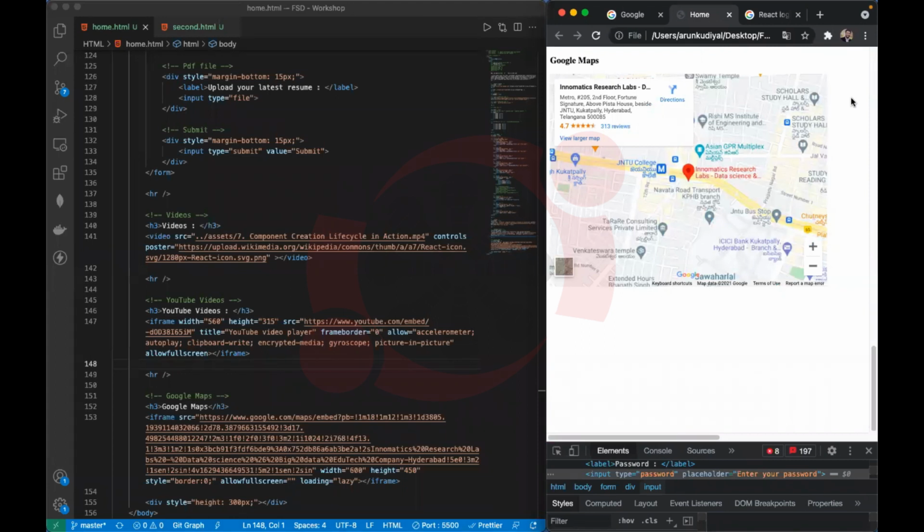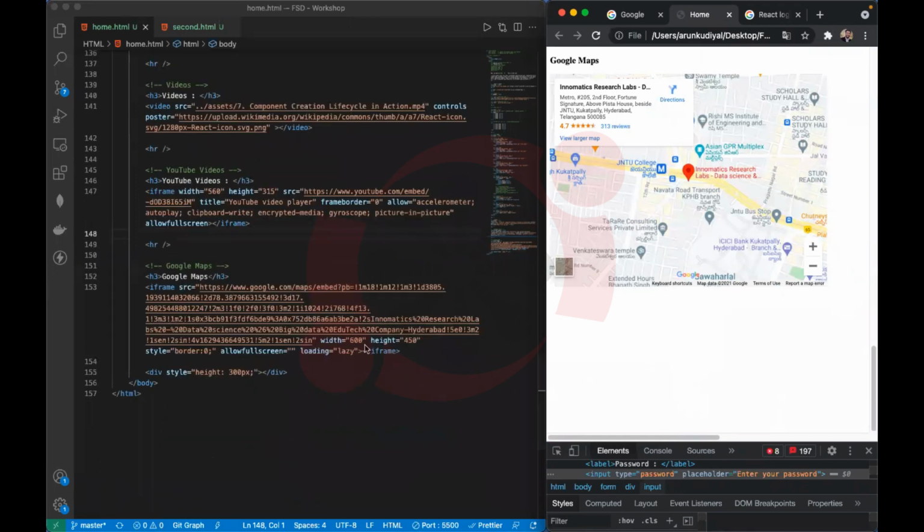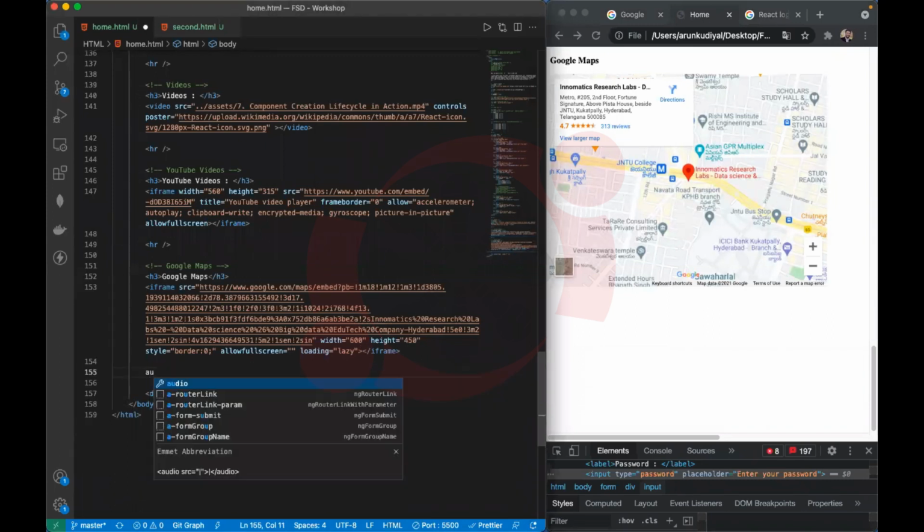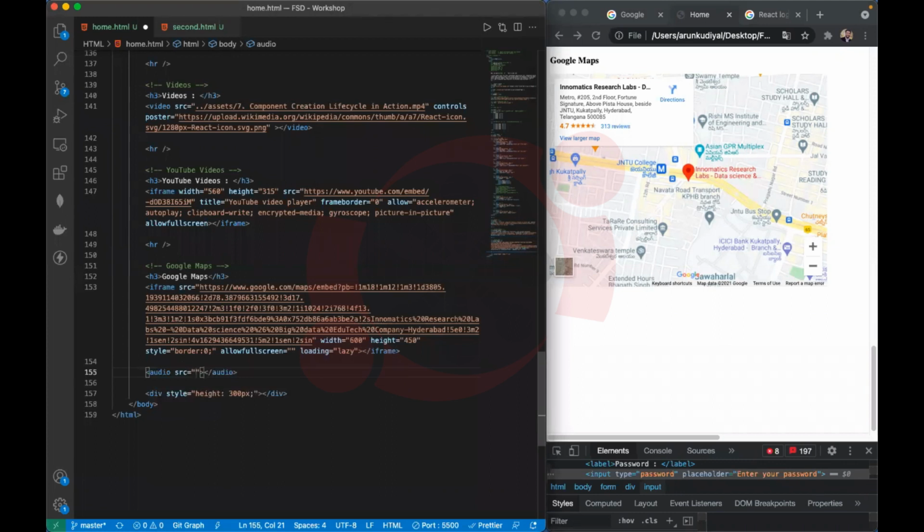So this is how we are doing it, and this is how we actually do it in the prod level also. Cool. So with that said and done, let's quickly have a look at one of the MP3. Though you'll not use it very often, I'll say 99.99% you're not going to use it, but there is something which is called audio. You can give it a source. It's very simple, straightforward. If you have a music, again, put it in your assets folder, give it a source,